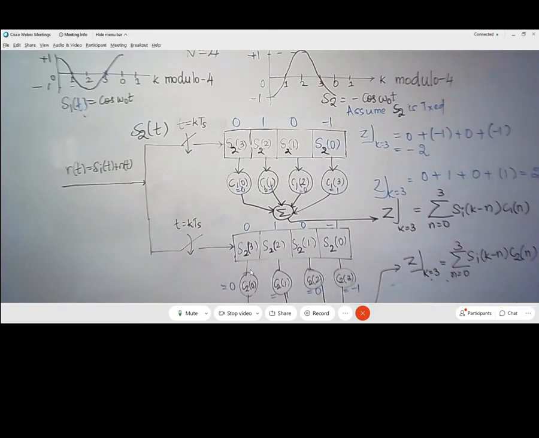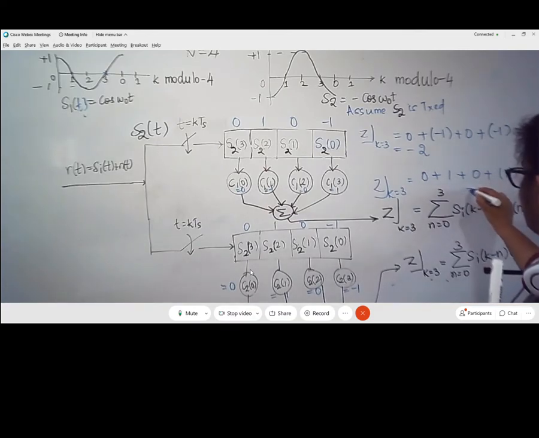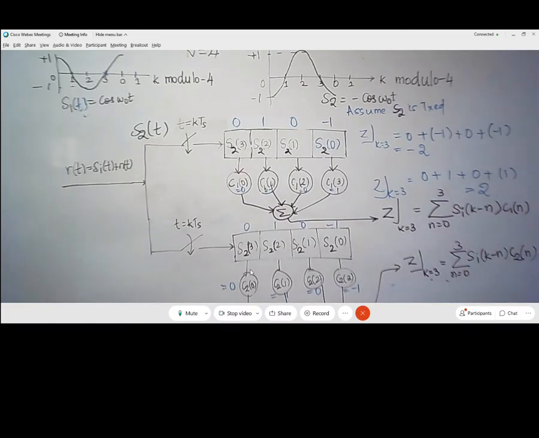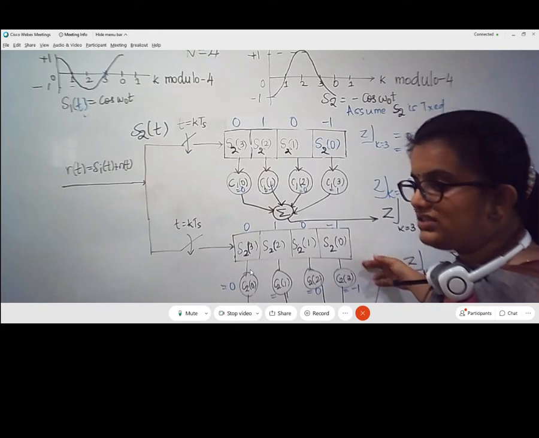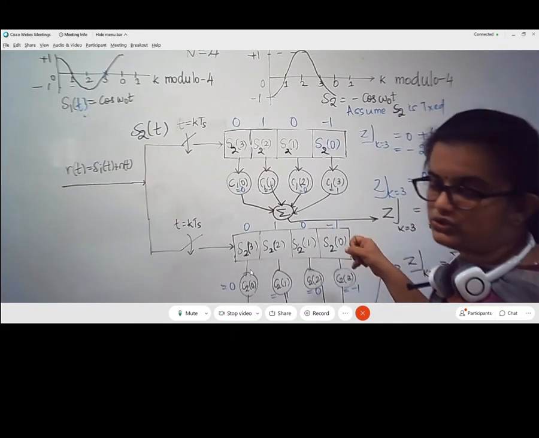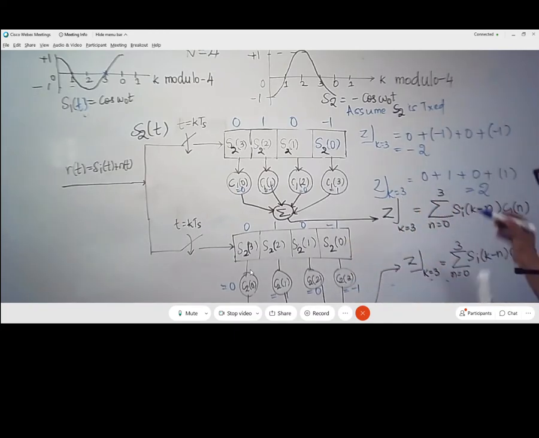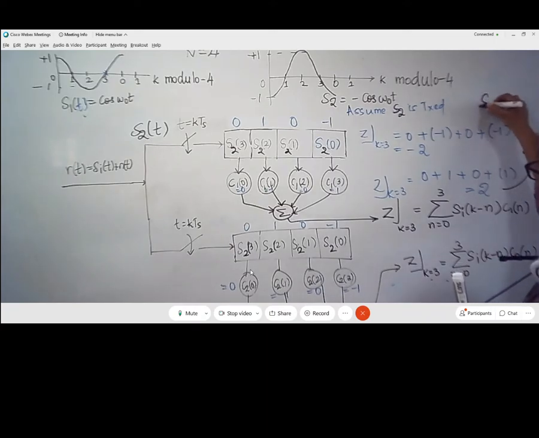So therefore, in this case you can see it is exactly the reverse. The value of Z becomes positive when I am comparing the received signal with respect to the weights of the second symbol S2. So therefore, I am going to decide in favor of S2 was transmitted. So now I am going to decide in favor of symbol S2 and say that S2 was transmitted.